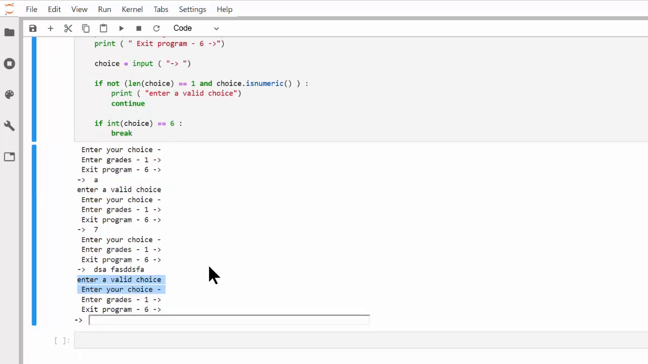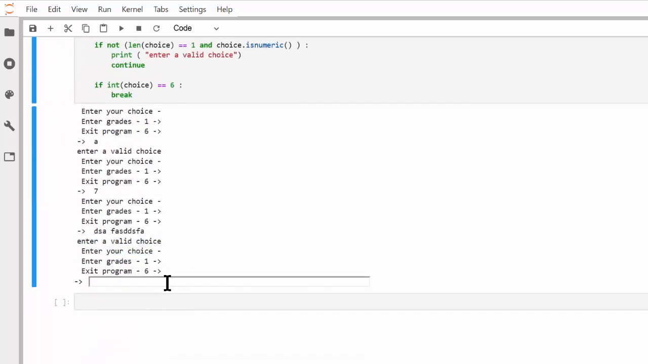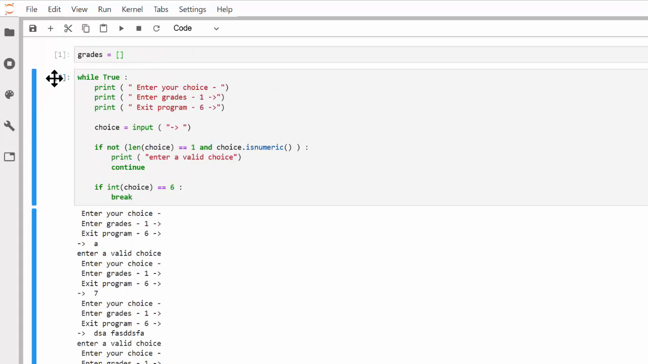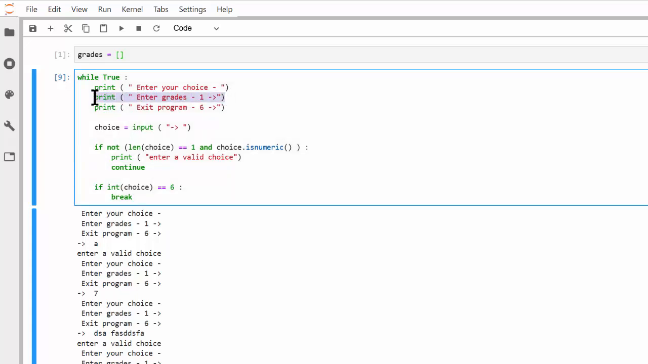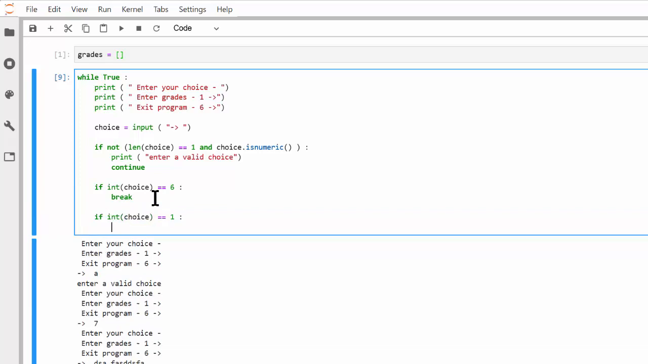That's correct. So far what we have done is validated the input, nothing else. And then finally, when the user enters 6, we exit the program, right? See, the star is gone. That means we have exited the program. Good. Now let's program this option, enter grades, 1. If int of choice equals 1, what do we do? Well, we have got to let the user enter as many grades as he likes. So we say print